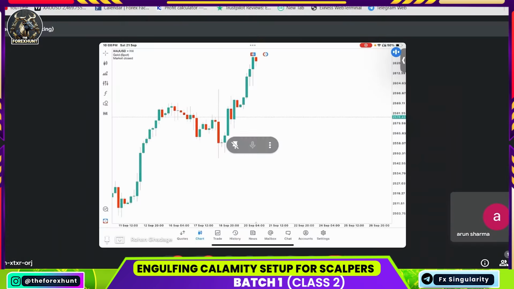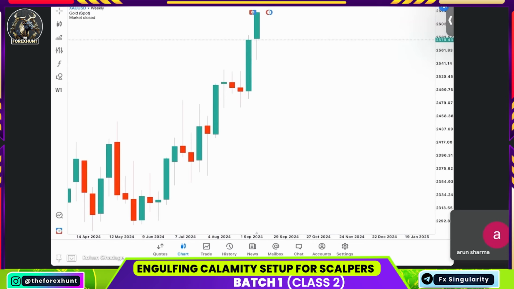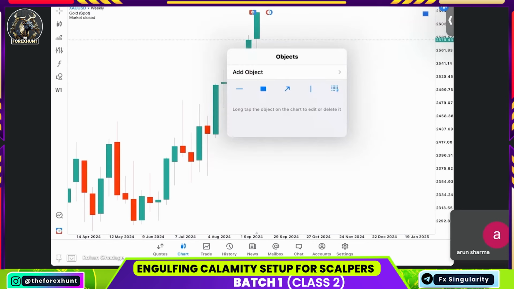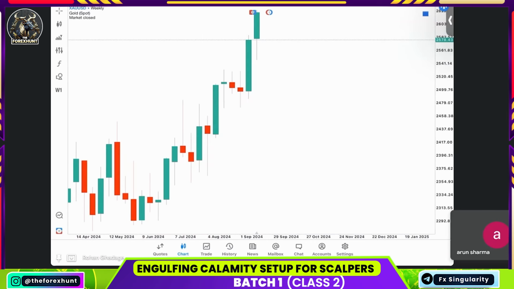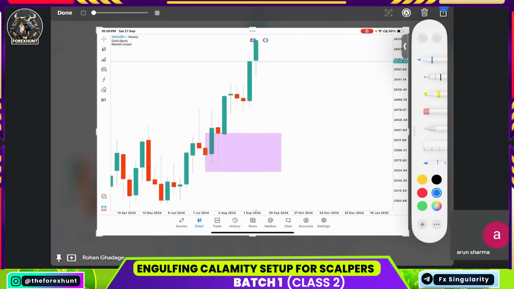So, the revision is simple. We were in the weekly time frame and the daily time frame. What we have understood is that we marked the buy first, either buy or sell on weekly time frames. Then we categorized the engulfing buy in three subcategories. First category, second category, the body, and the third category is the wick area. The most volume area